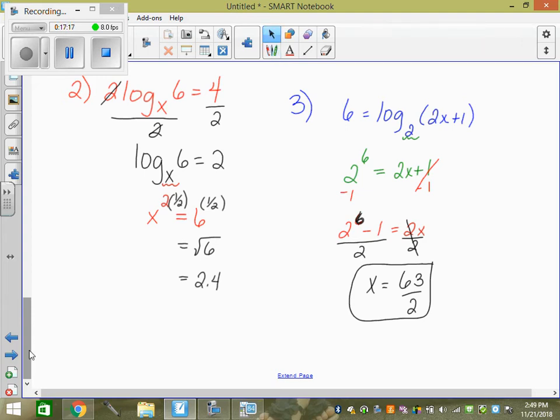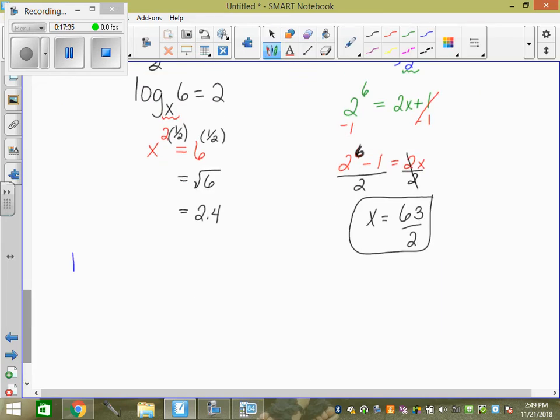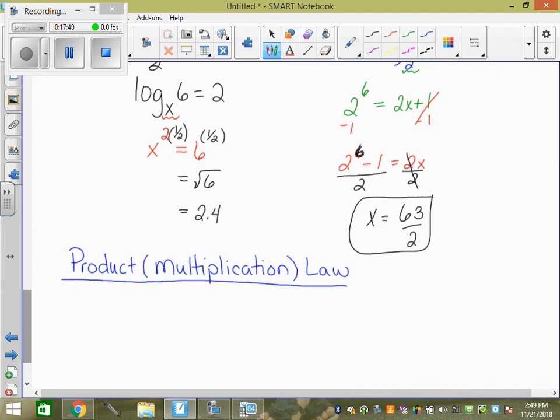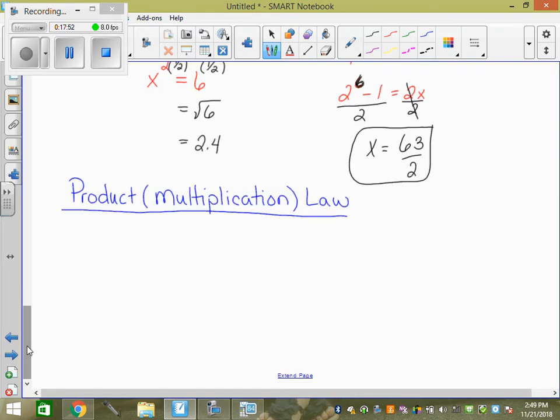Next thing we're doing is the 3 log laws off of your formula sheet. The first one's the product law, then the quotient law, division law, and power rule. So we're going to do the product law first. Okay. So we have log base 2 to the 4, plus log base 2 to